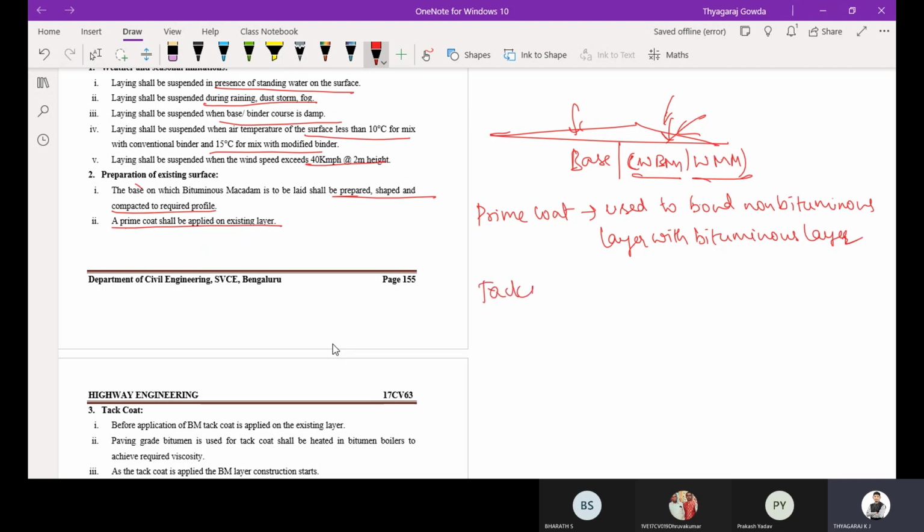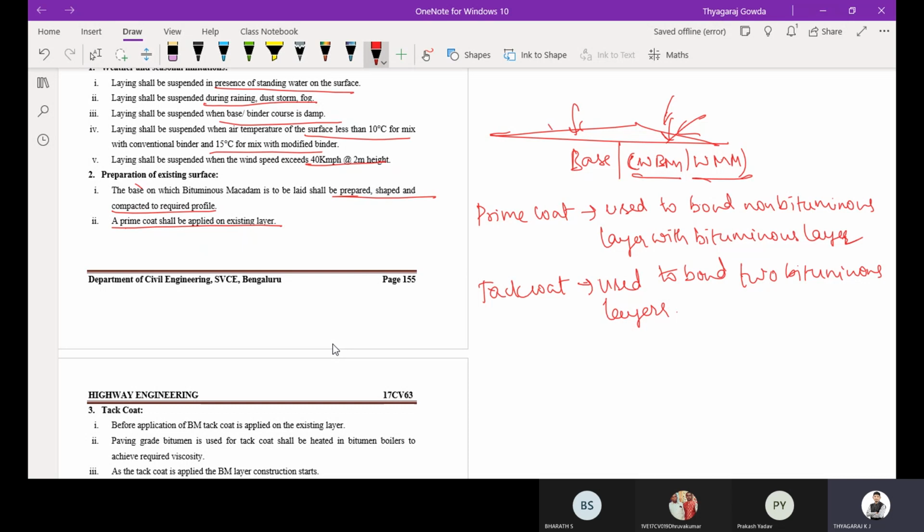Then the tack coat. What do you mean by tack coat? It is also liquid bitumen, used to bond two bituminous layers. So the prime coat is used to bond a non-bituminous layer, and the tack coat is used to bond two bituminous layers.